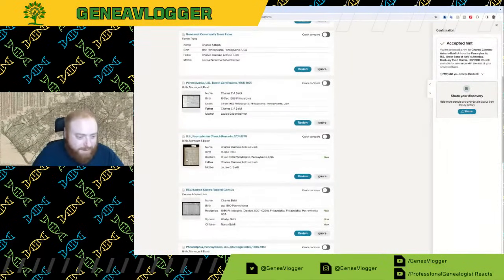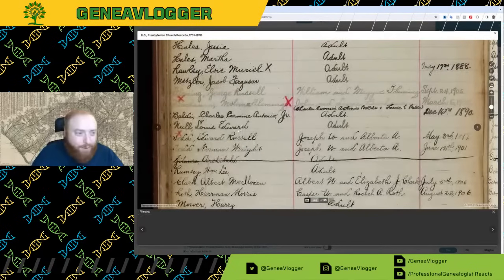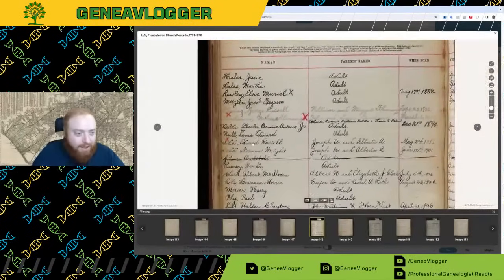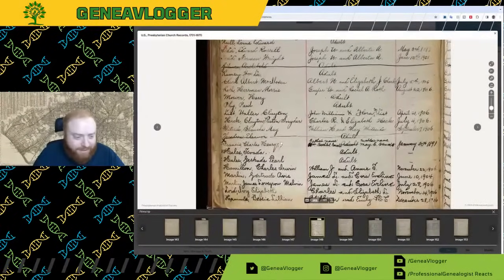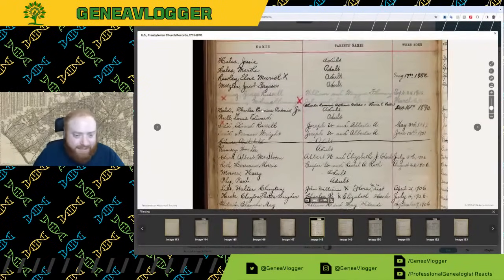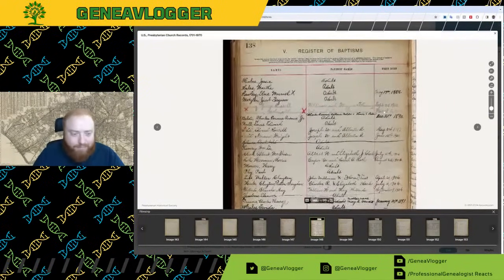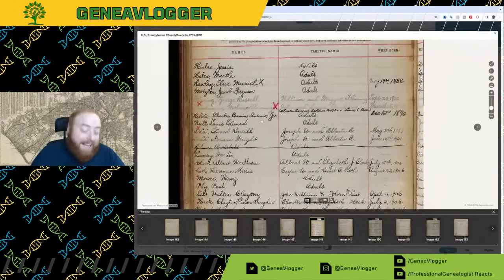More of those Presbyterian records, or not more, it's the same record we looked at before. Was it the same record or no? This is a different one. It's just the same book, just way later. Wow, that's cool. I guess some of these baptism books are just a huge book that they keep for a long time. But yeah, so there we go.